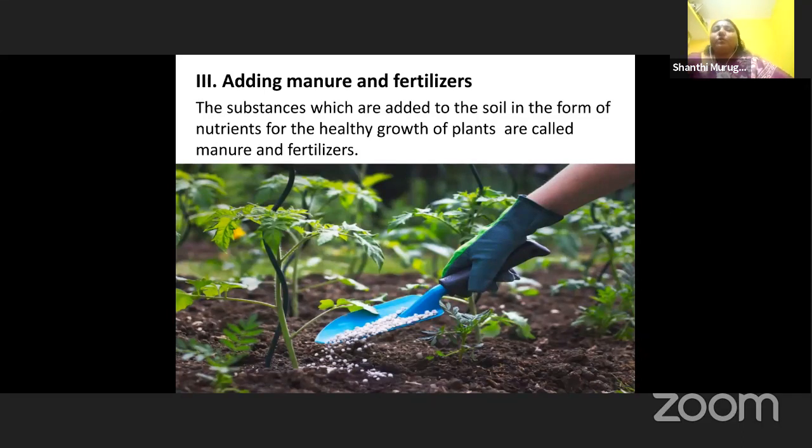Now you will have a doubt. What is manure and what is fertilizer? The manure is the essential nutrient which is essential for the growth of plants. Manures are natural products. Fertilizers are chemical products. Now, manures, how do they make them? The farmers will grow the